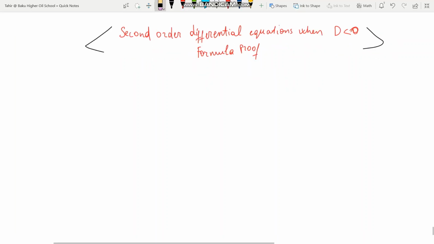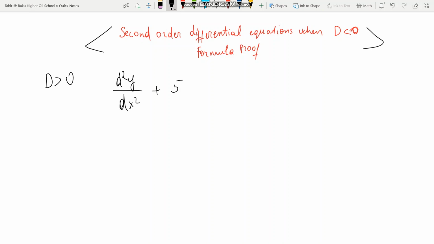Hi everyone, in this video we will try to prove the formula for second order differential equations when the discriminant is less than 0. First of all, let's start with the case when the discriminant is greater than 0, and then we will just continue with the opposite case. And let's start, for example, if we consider that our differential equation is d squared y divided by dx squared